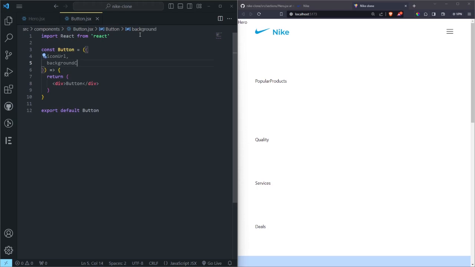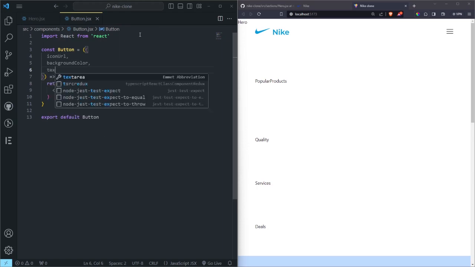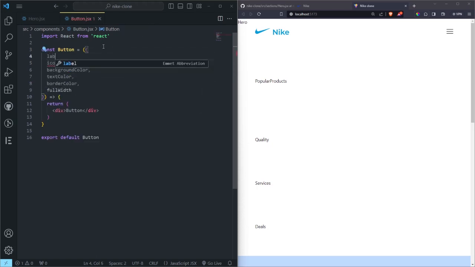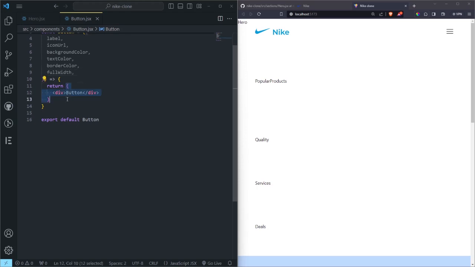So let's do background color, and then we're going to have also a text color, and then we can do border color, and then the last thing is full width, and also before this icon we can add a label which will be the title of the button. So we have those, and then now inside this return is where we are going to add our button. So I'm going to remove this first, and then I'm going to add this, and then I'm just going to do a basic button,